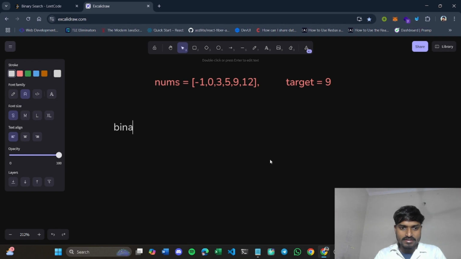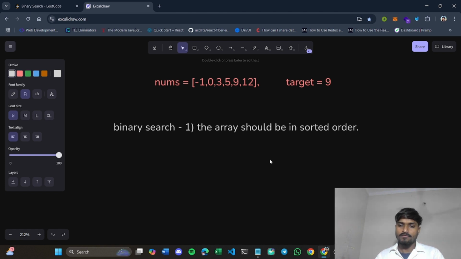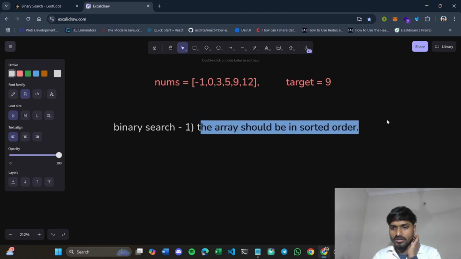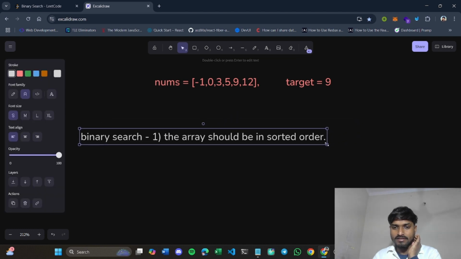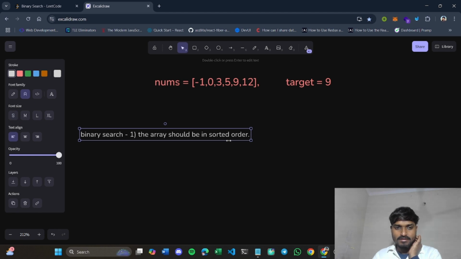The first condition to apply binary search is that the given array should be in sorted order. Why? We will see why the array should be in sorted order. So this is the first condition that you have to keep in mind for utilizing a binary search algorithm on any array, right?